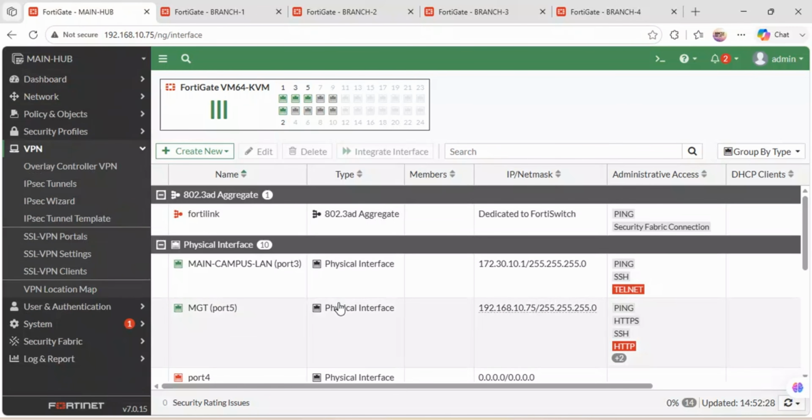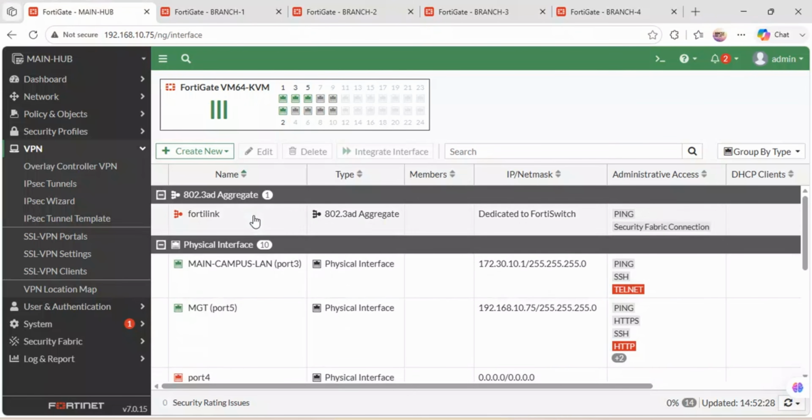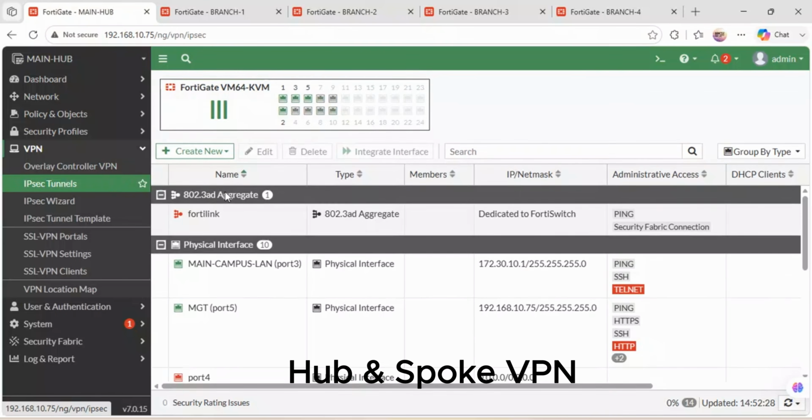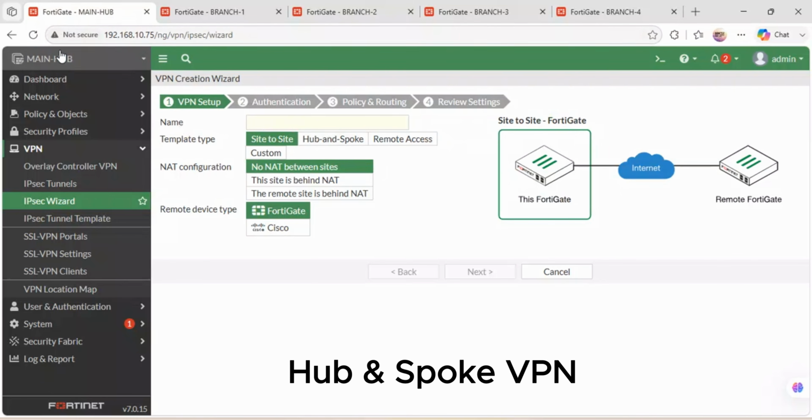So this type of VPN is a bit different from site-to-site VPN. This uses what we call border gateway protocol, that is BGP, to create automatic pathways, automatic policies, automatic routes to ensure that the source and destination are in coordination. So this is how I'll start. You go to VPN, then you create IPSec tunnel, then you create your new tunnel. Remember, I'm on the hub. So on this main campus